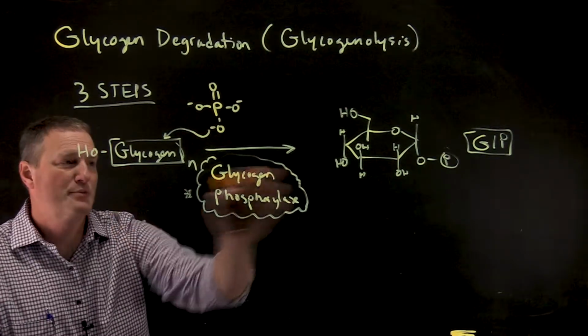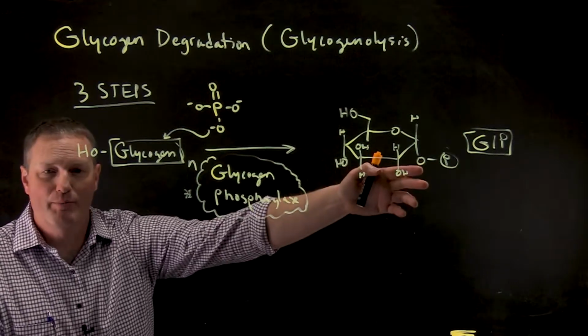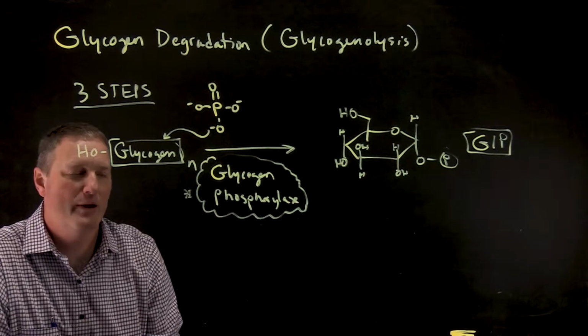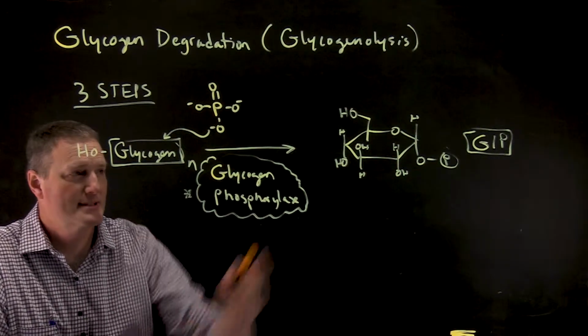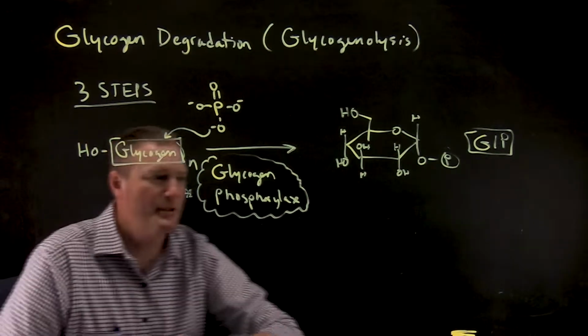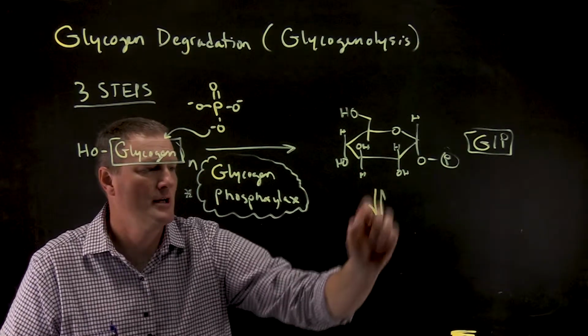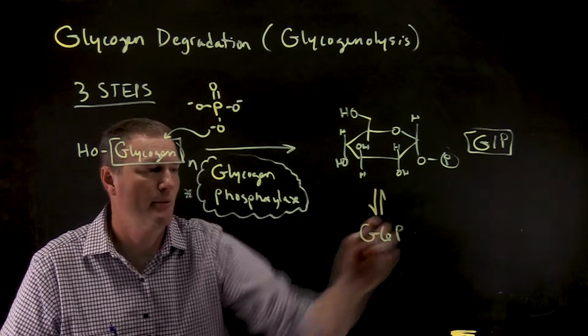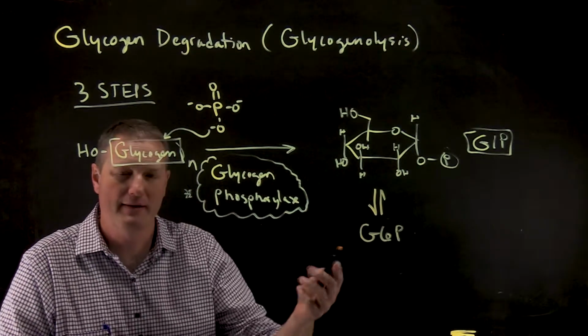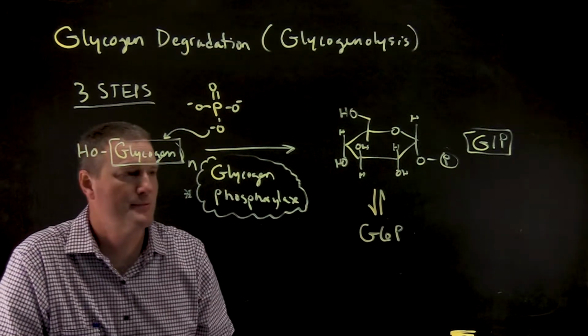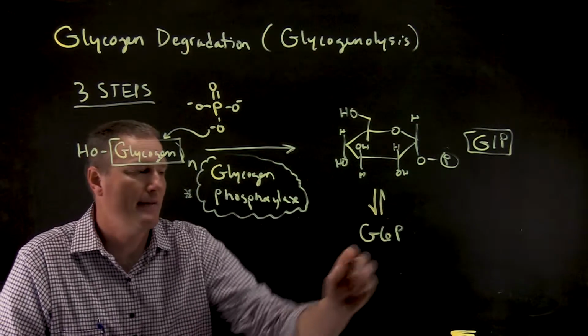Now, this process produces a molecule that we actually saw in the previous pathway when we were talking about glycogen biosynthesis. So G1P is simply now going to be interconverted to G6P. I won't draw that one out, and that was by that phosphoglucomutase enzyme. So that's step number 2. And then lastly,